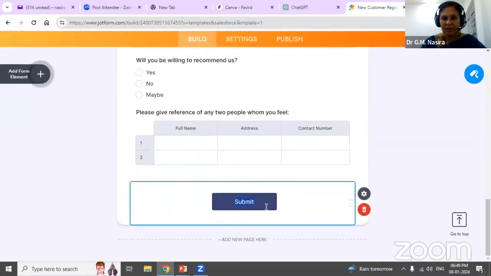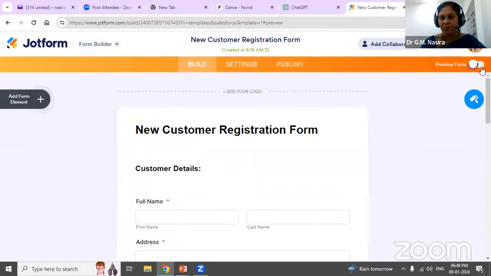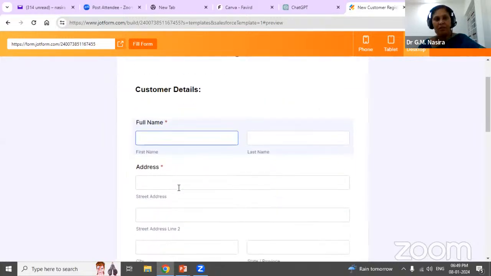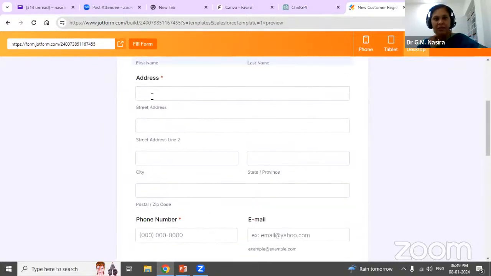I give submit, or I want to see a preview of the form. See, this is my form, a new customer registration form. So I have taken the template. Now I give fill form. I start filling the form.